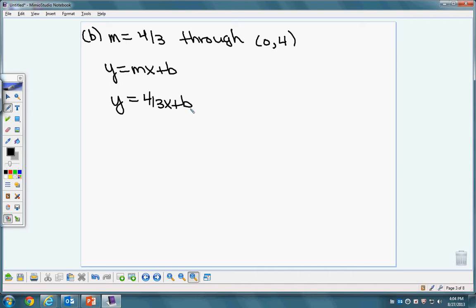I hope that you realize by now that 0, 4, 1, 2, 3, 4, is your y-intercept. It is on the y-axis. So right here, you can go ahead and say 4/3 x plus 4. If you want to, you can go back and plug in 0 for x and 4 for y, which you're still going to get 4. So when they ask you to graph this one, 4/3 x plus 4,